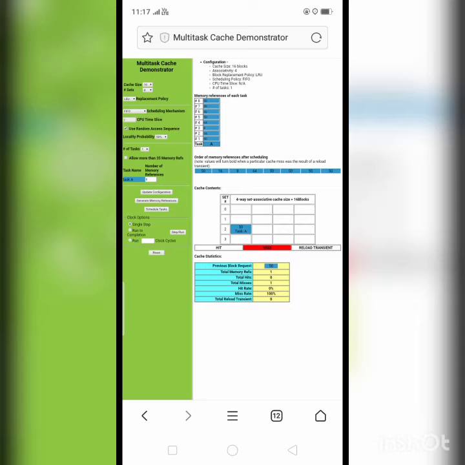Since these processes are also sharing the cache of the system, it is possible that some of the blocks requested from the second process may be mapped to the same set in the cache memory. If there are no more available slots in the set, one of the blocks from the previous process will have to be removed according to the replacement algorithm being used.